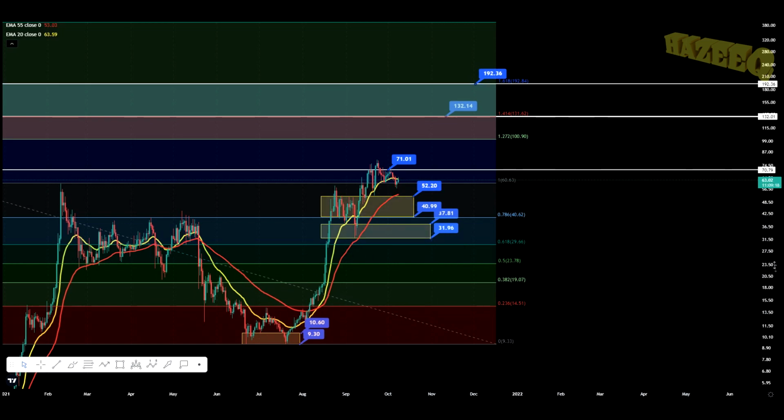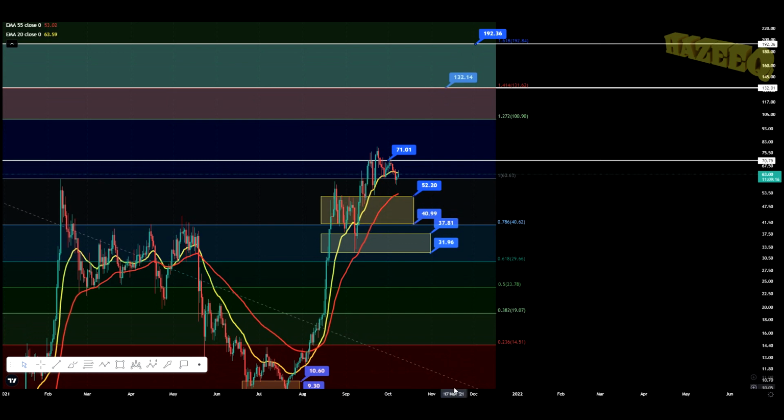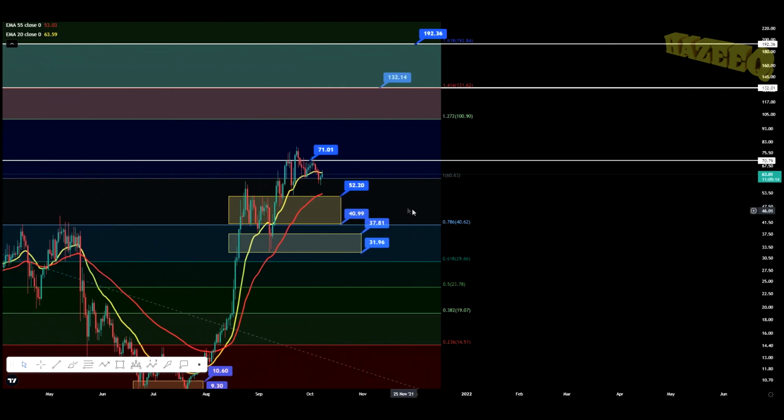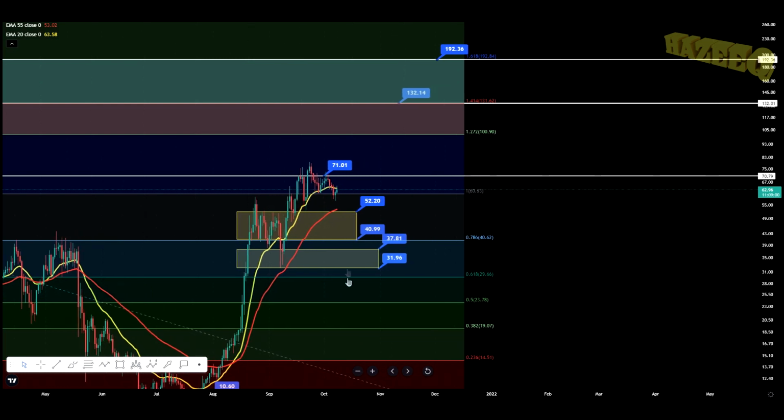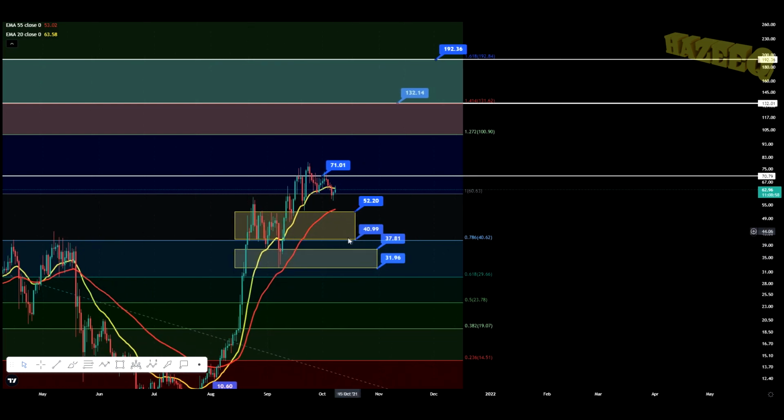markets work. So we do have two yellow rectangles over here, and these rectangles represent support area. So from $52.20 to $41 is your major support level. If you come back into the zone, make sure to put some buy orders at these prices because $40 is the 20 EMA on the weekly chart, and here you're just below the 55 EMA on the daily. And you may bounce off the 55 EMA, so have that as a buy order as well.